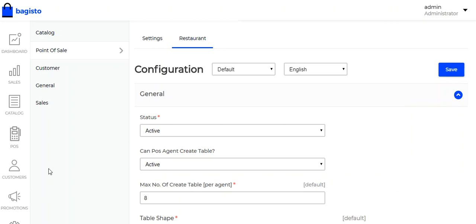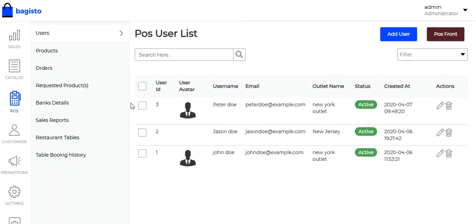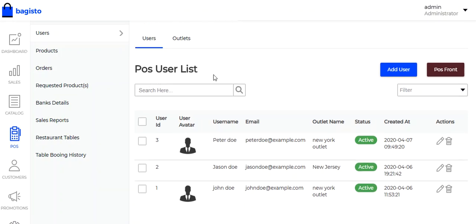Now let's move to the POS functionality. Here, let's move to the POS. Now here, there are also several fields. The first one is users. From here, in the POS user list, the admin can find all the POS users that have been created by the admin.